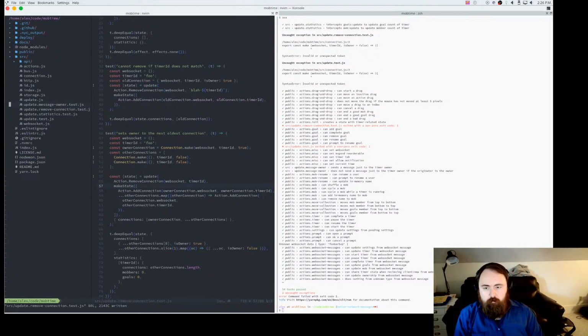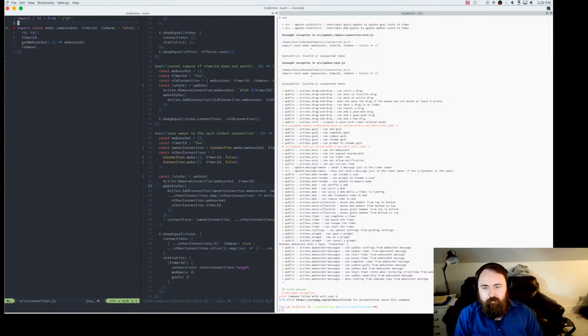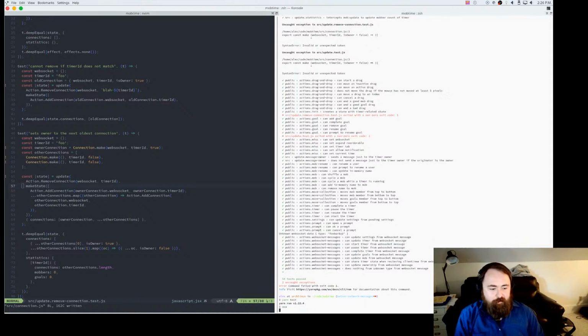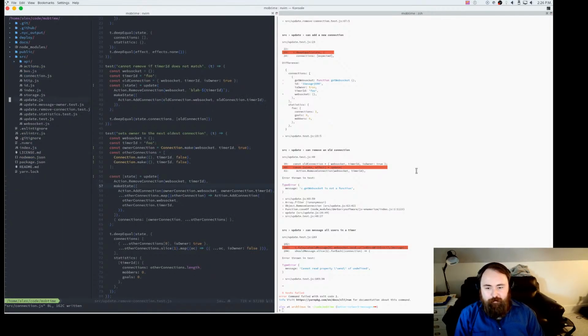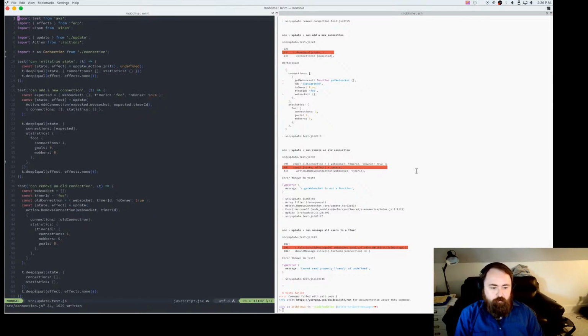Oh, wait, my connection code is skipping those files every time I import it. Alright, let's try this again, because I have a suspicion we're going to go back to that other file. Yeah, now we're back at update. Okay, I was wondering why fixing that one test fixed a bunch of errors. Whatever, it's not a big deal. So we're going to go back to update.test now that connection's doing the thing we're expecting.